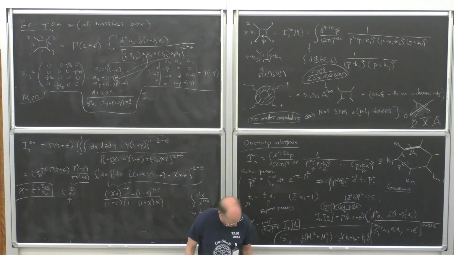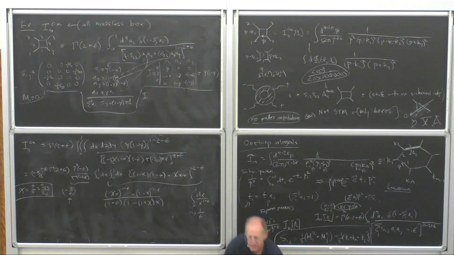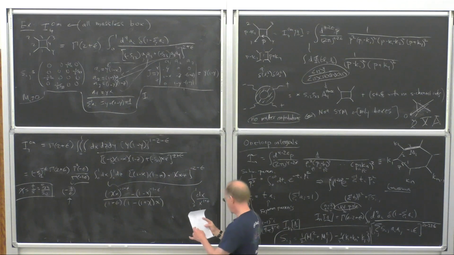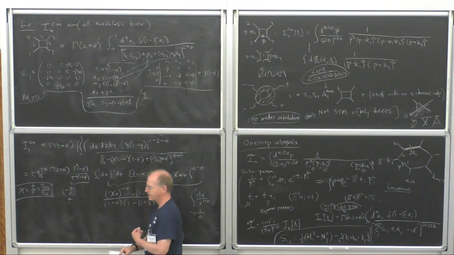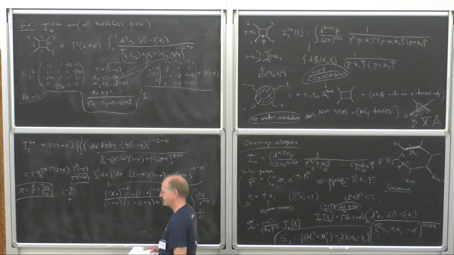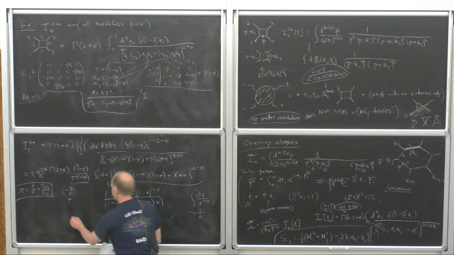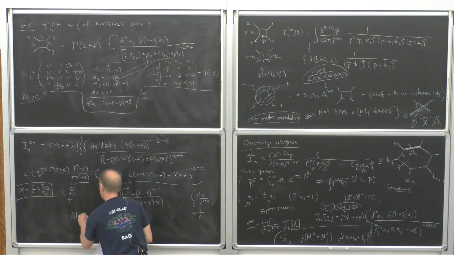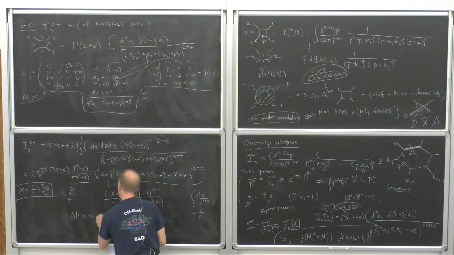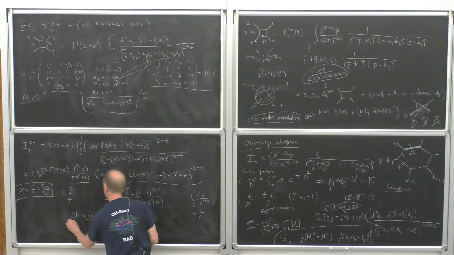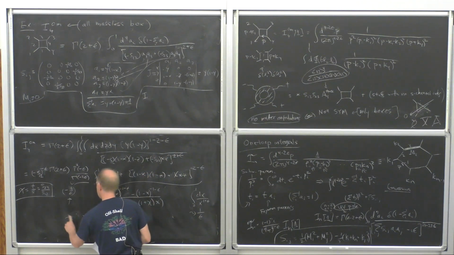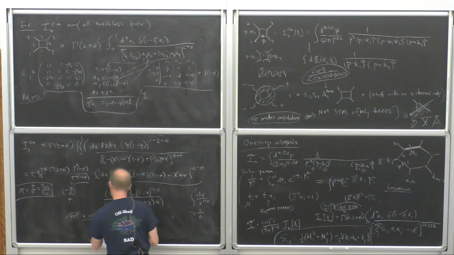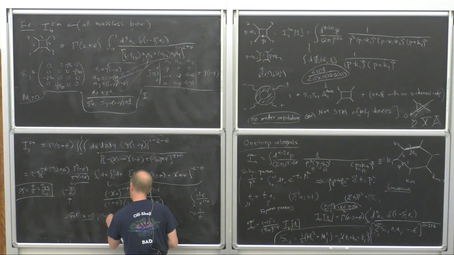What you need to do is find a way to simplify the answer so that the subtracted result is finite. So to cure the x equals 0 divergence, I should say for the x equals 0, you subtract and add